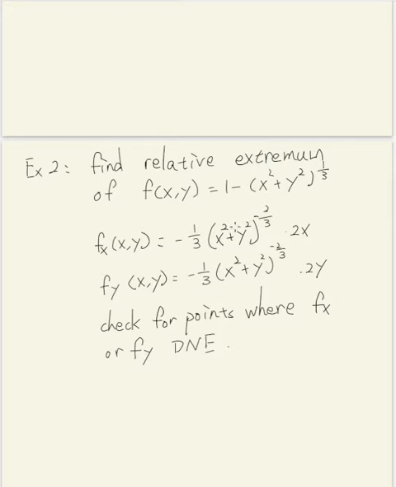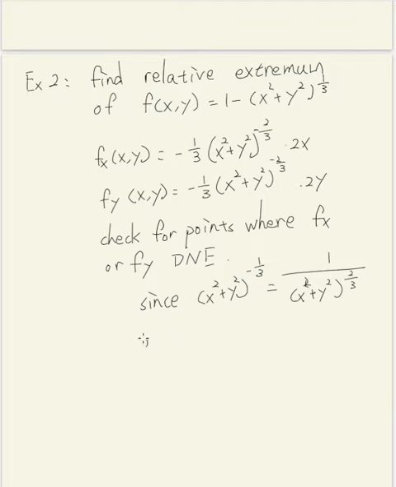Well, since this is something to the minus 2/3, we can write this as 1 over (x squared plus y squared) to the 2/3. Right? And therefore we know that f partial x, f partial y does not exist